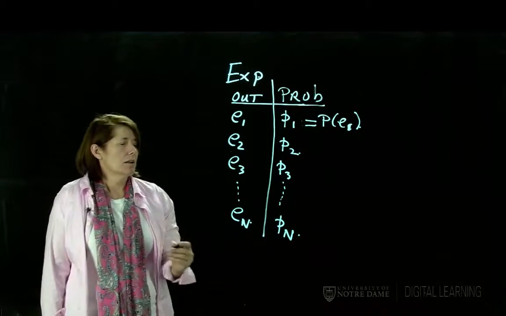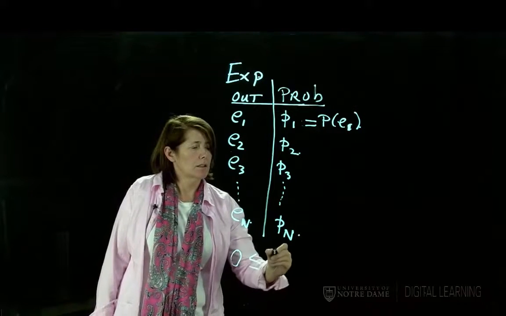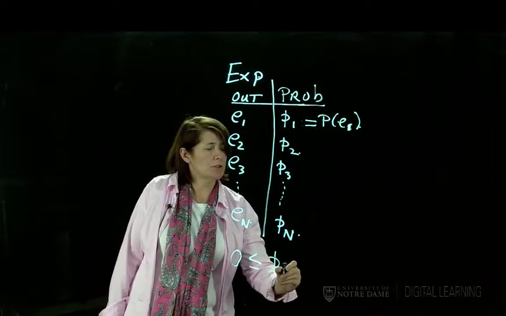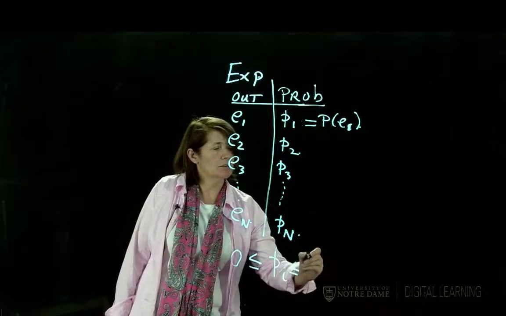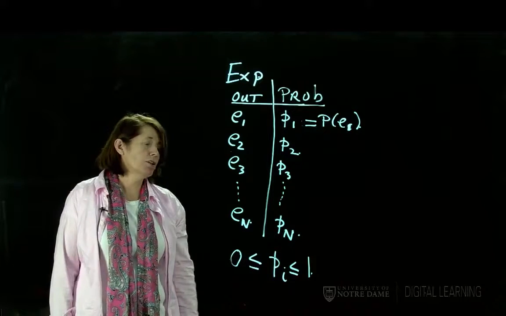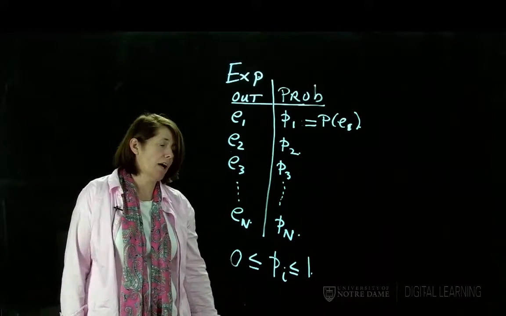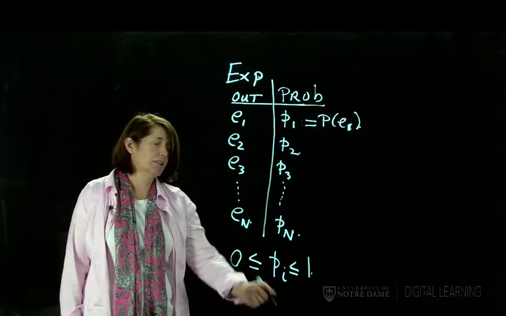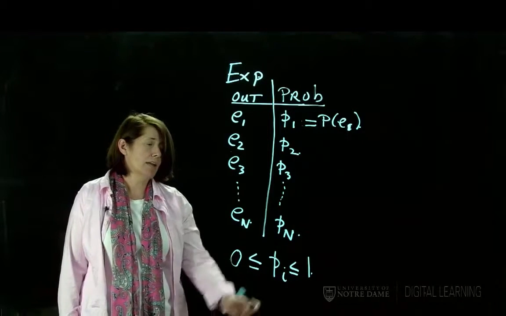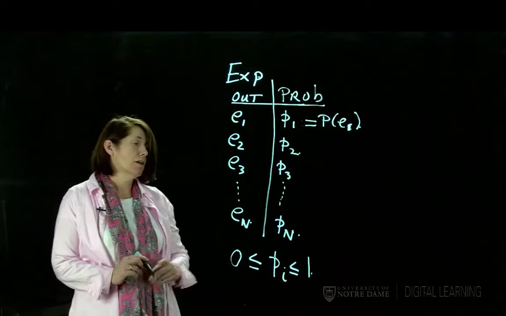Our rules are as follows. By convention, we assign a probability between 0 and 1 to each outcome. And this reflects the proportion of times we would expect this outcome to occur over many trials of the experiment. And it should also reflect the relative frequency we observe over many trials of the experiment by the law of